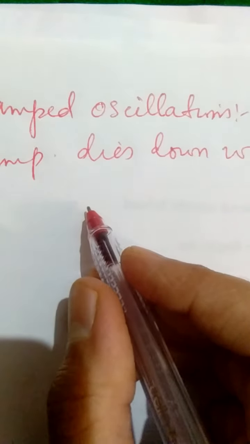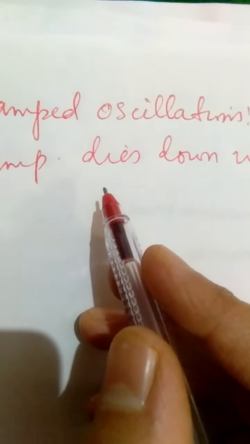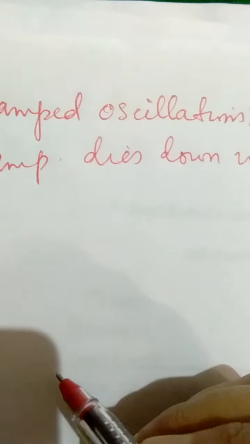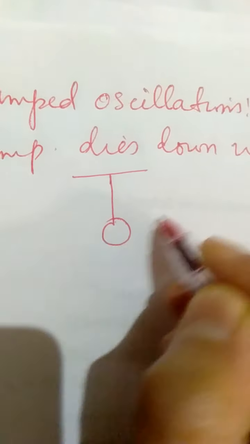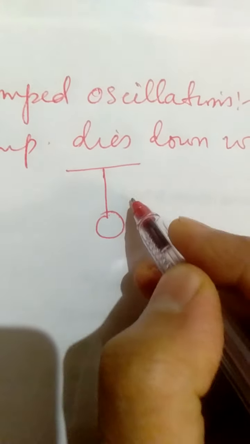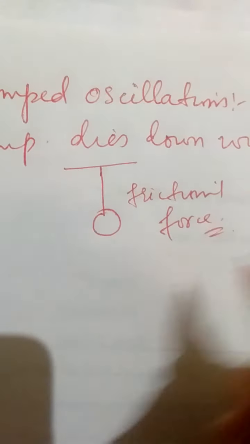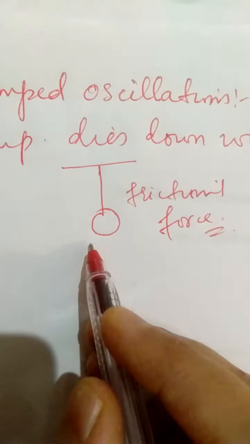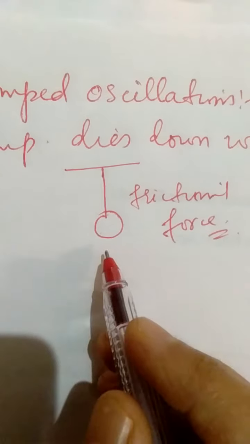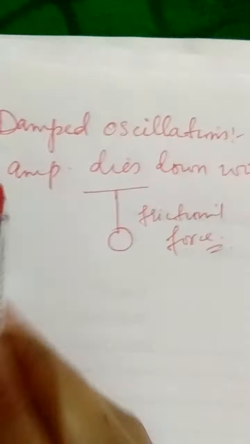Because there are some resistive forces which play their part, because of which the amplitude of the oscillation dies down and finally this motion comes to a stop. For example, if we talk about the simple pendulum, when we set it in oscillatory motion, there are certain resistive forces, for example, the frictional force due to air. They oppose this motion. Therefore, a time comes when the motion of this pendulum comes to a halt. It stops because the amplitude dies down with time. So, such oscillations are called damped oscillations.